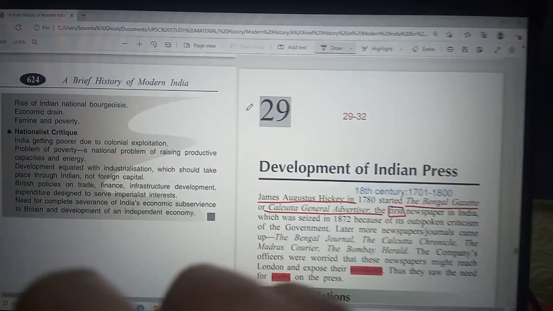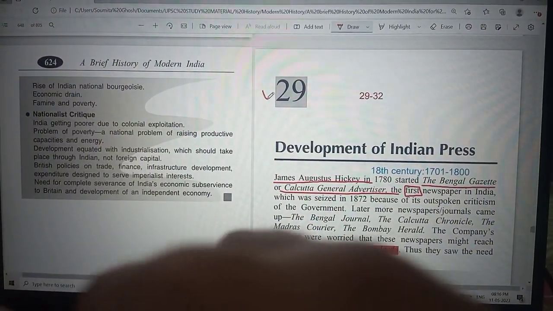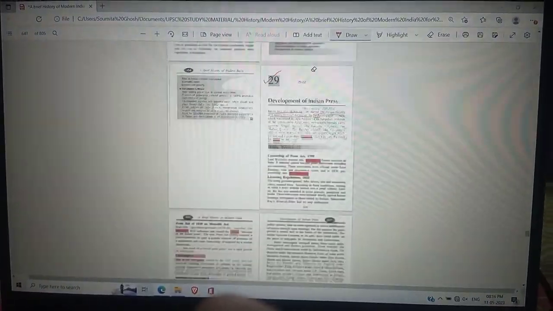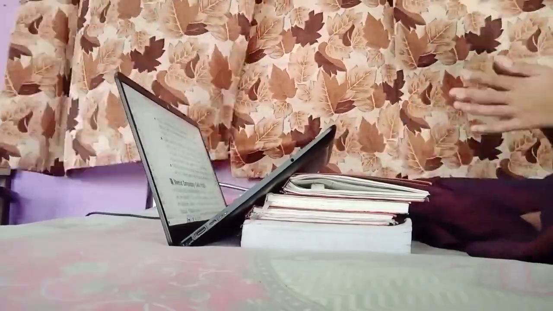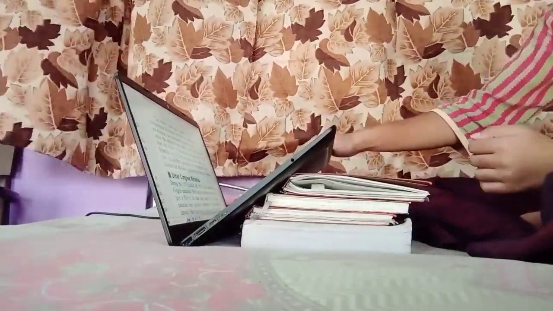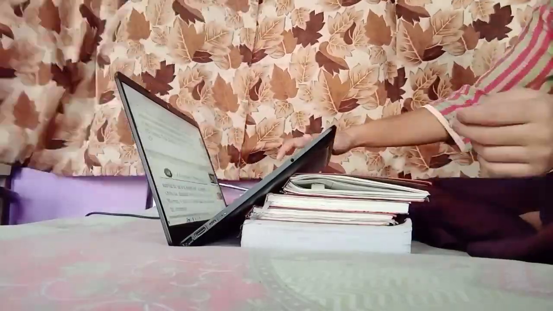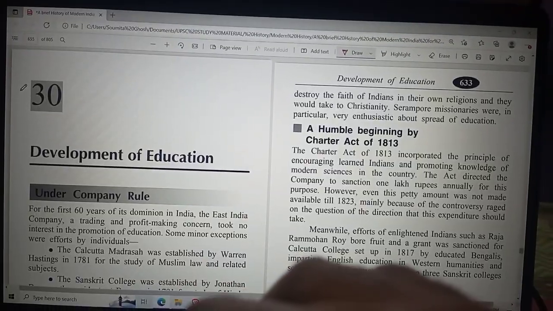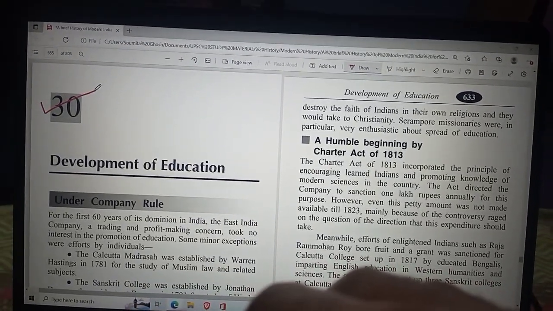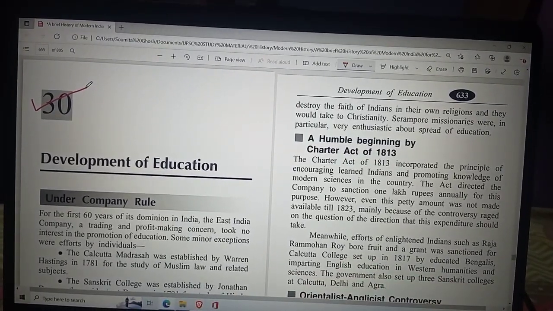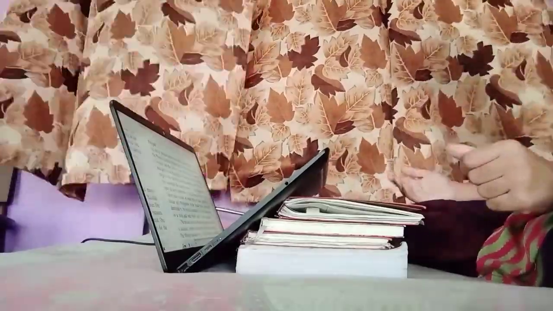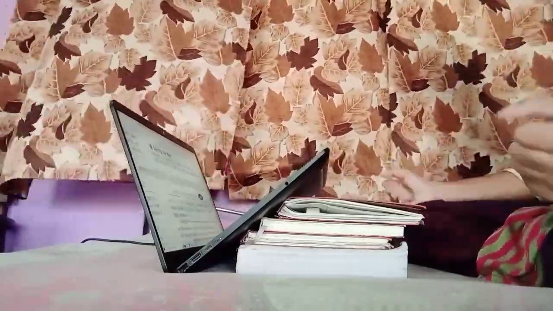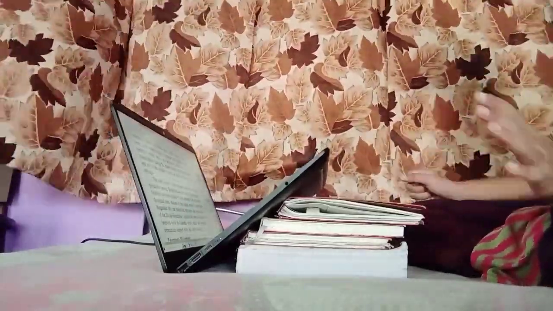After completing the 28th chapter, here comes the 29th chapter, development of the Indian press, and I think this chapter is very important. Questions often come from these chapters, like there are 4 newspapers given and 4 publishers given. You have to match the following, so we have to memorize this factual data. So now I have completed the press part, and here is the development of education. It is chapter 30, and 2 chapters are left,